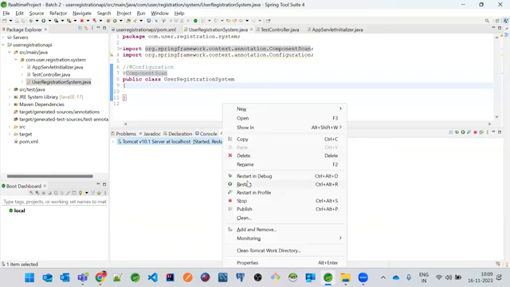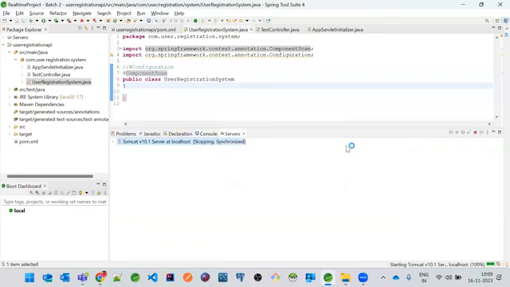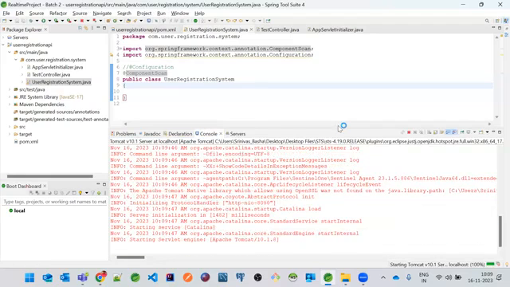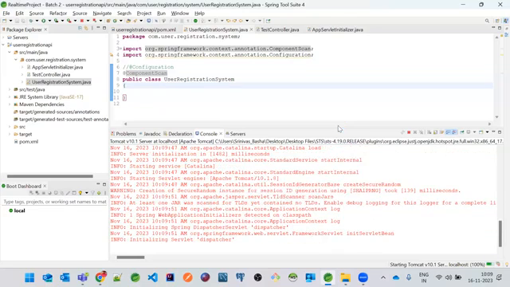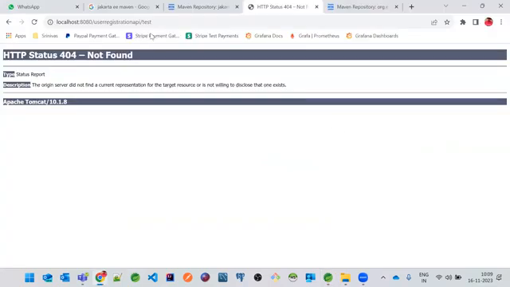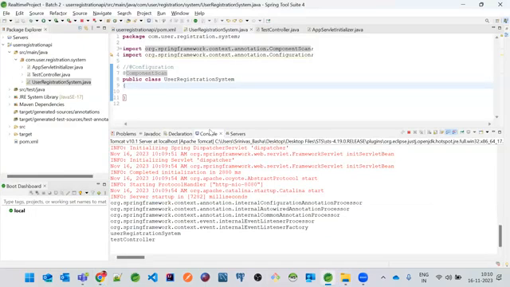Restart it. And enter it over here. That's the total idea. Now, we'll just understand what is happening over here. So we'll go through this application model first of all.